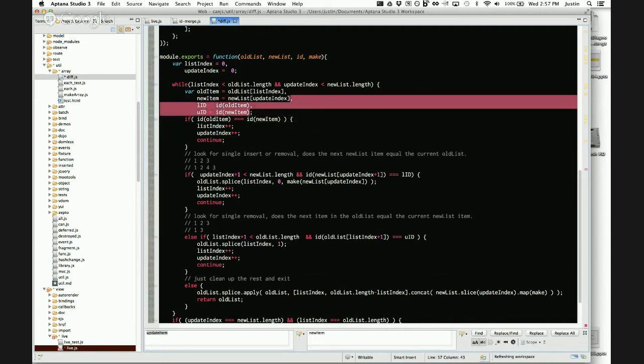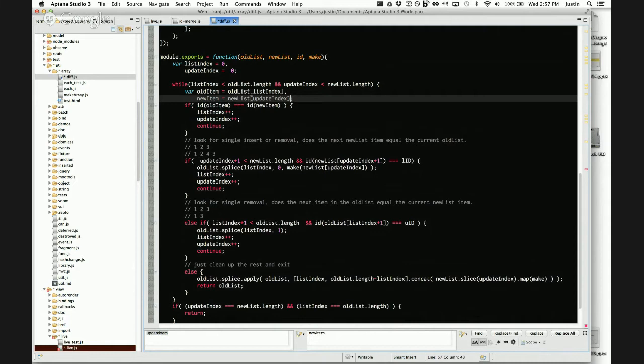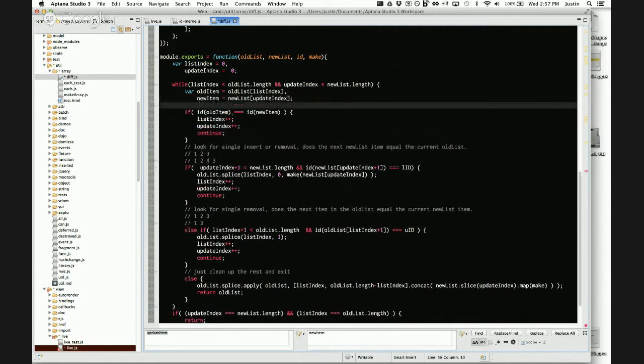We're not going to get the IDs anymore. We're not doing that for right now. We're actually going to just use triple identity, because this algorithm works for that. So if they are the same, then move on. Otherwise,